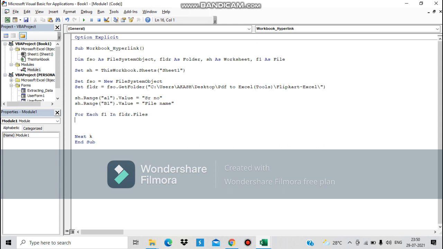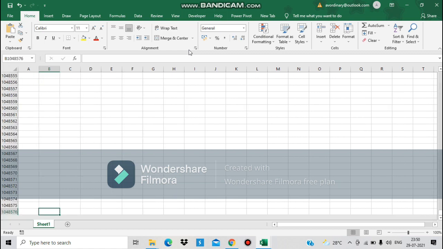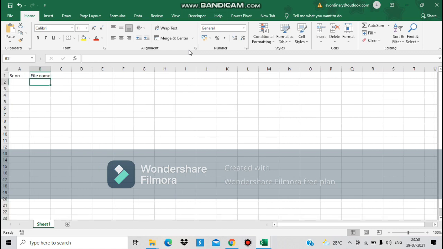Now what I'm going to do here is, so basically you have to do one thing. We have to sh.range b and like 48,570. It should go up and select, with offset, like this. I will show you what actually it's going to do. It's basically our cursor is here. When it will go up, it should select this one.